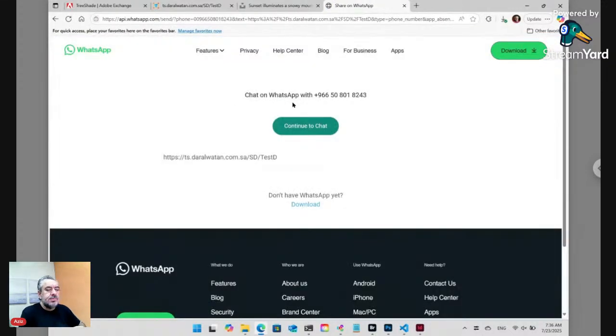Oh. You need to write the variable WhatsApp inside the tag brackets before the number. So